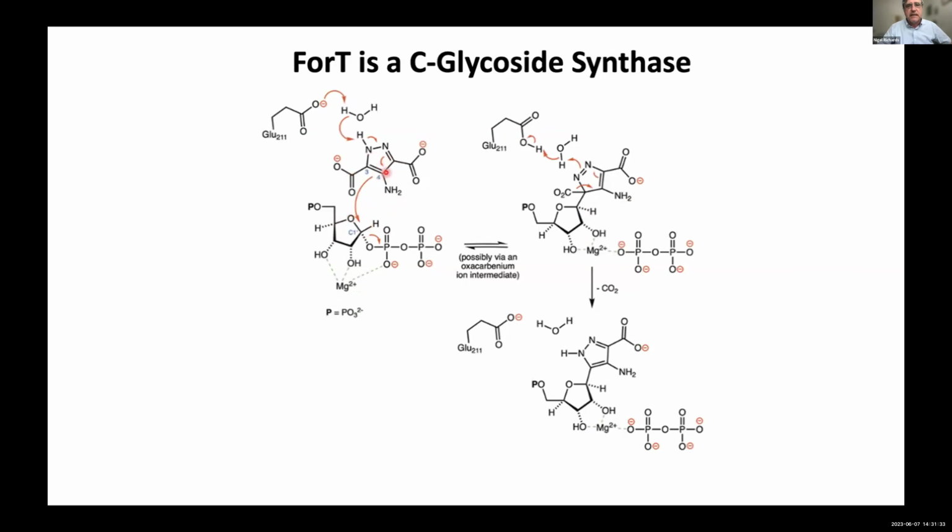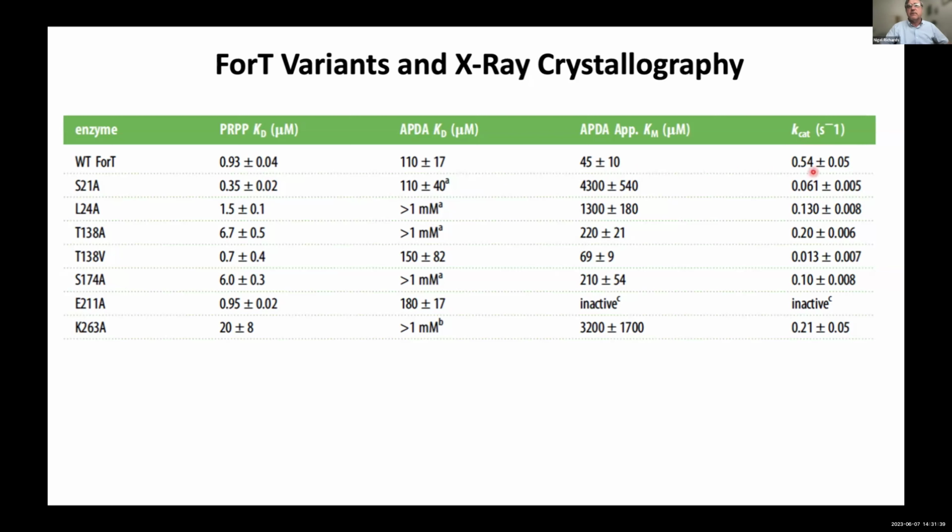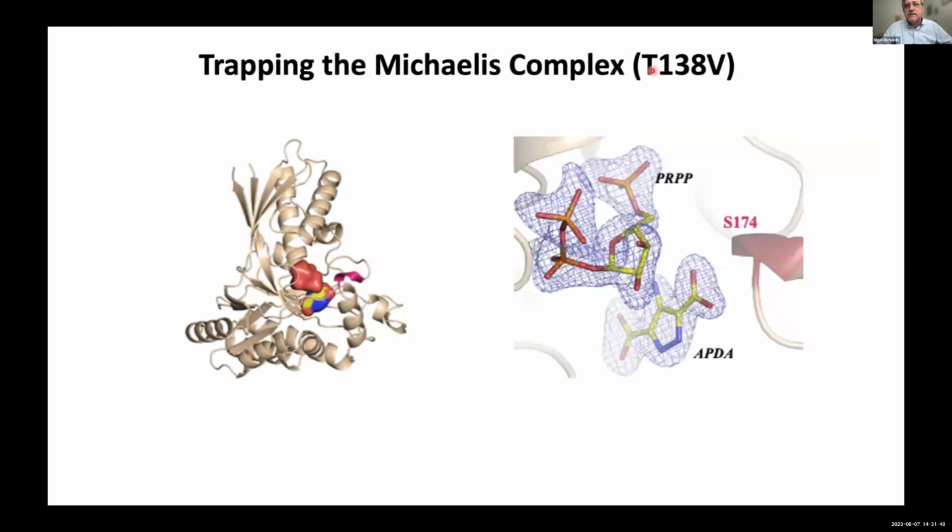So what we'd like to do is understand the chemistry, and we'll see why that 13 kcal per mole is important in a minute. So yes, our strategy was correct. We were able to take this very slow variant, and we were in fact able to trap the initial complex, showing us how the PRPP, the activated ribose ring, is positioned within the active site relative to the pi system of the aromatic ring, the pyrazole.